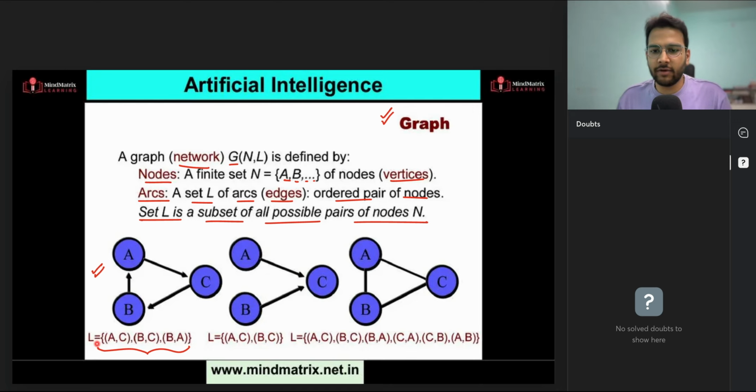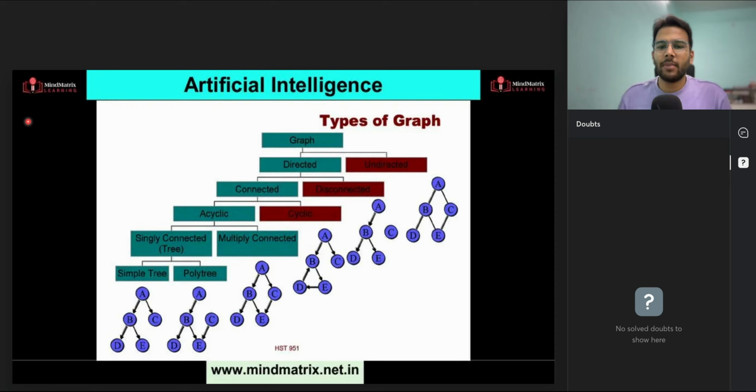Fine. Okay. So you can see these are the edges that we have. Here in this first one, if I'm talking about the directed edge, it should be C comma B, right? In the undirected we are writing all possible pairs like A comma C, C comma A, B comma C, C comma B, A comma B, B comma A, but that is fine. So this is what we have as graph.